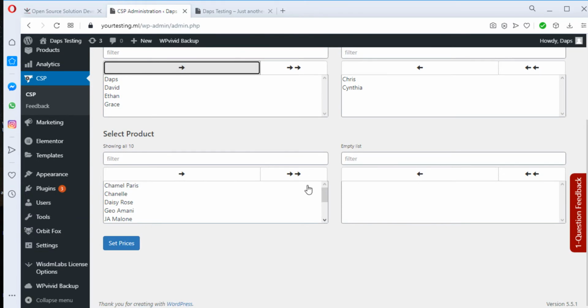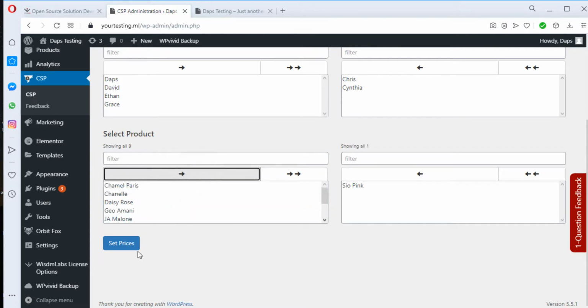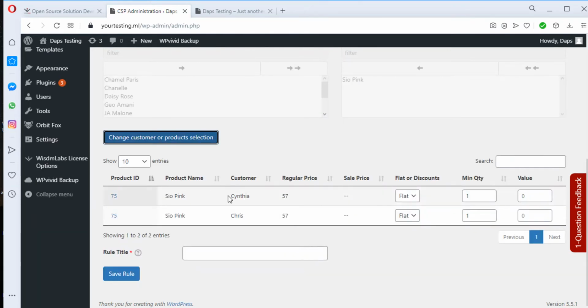I want to give them a specific price for one product. So let's say this is the product I want to give them the special price for. I can add that here and I can set the price. So you see that we just have this for Cynthia and for Chris. So I can say for Cynthia I want to give you percentage, and for Chris I want to make it flat, and I can still make it percentage as well, and just say if you buy a minimum of 10, and this as well a minimum of 10, and I will give you a discount of